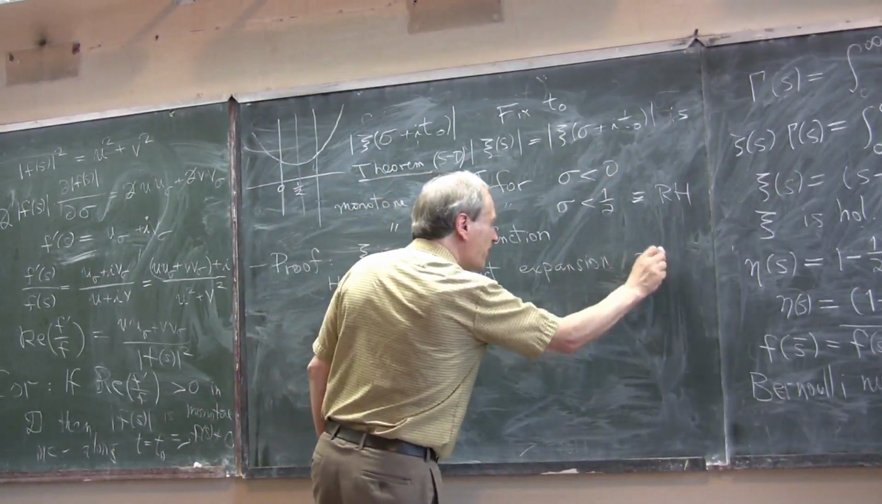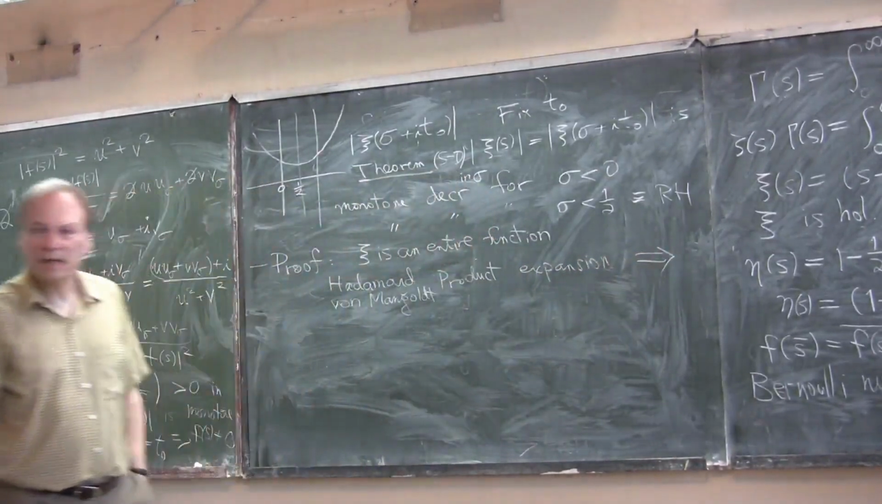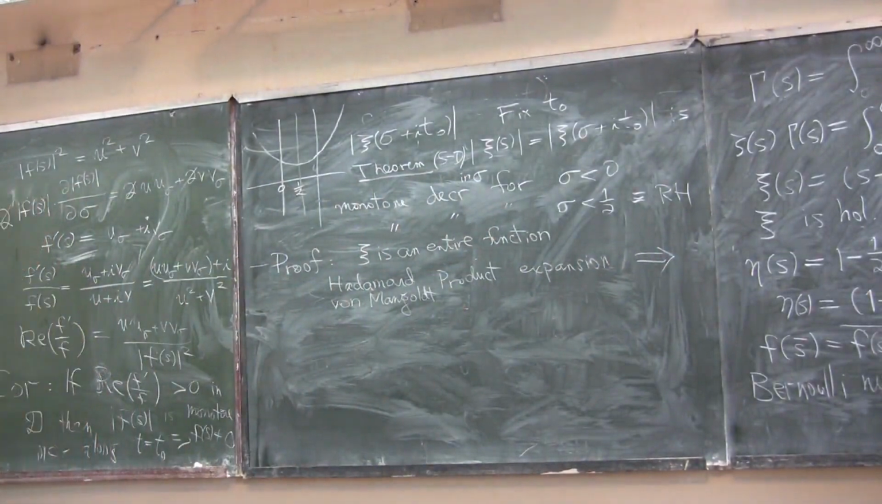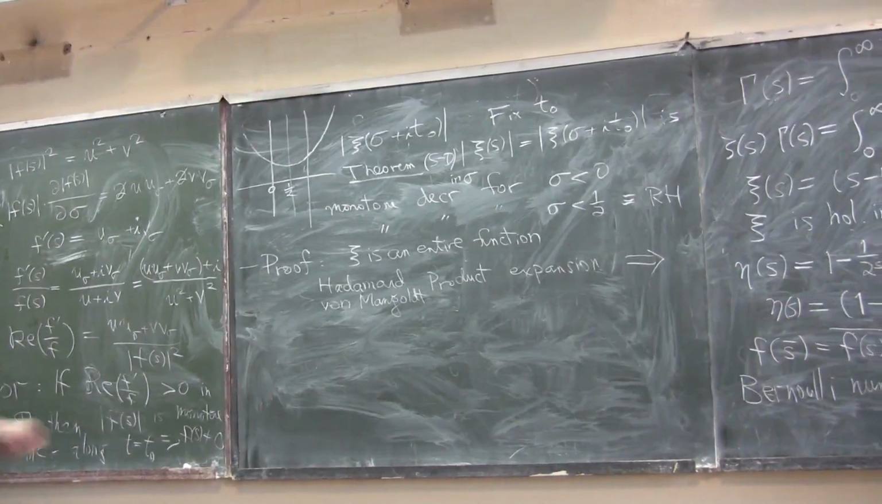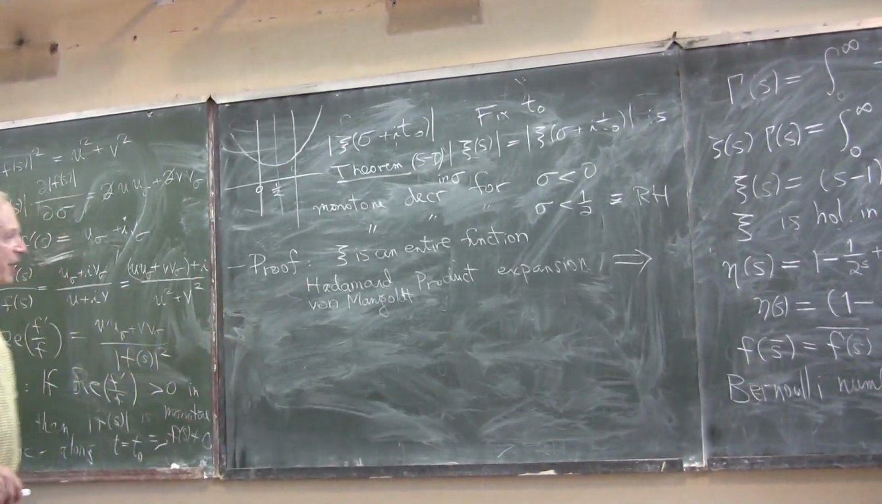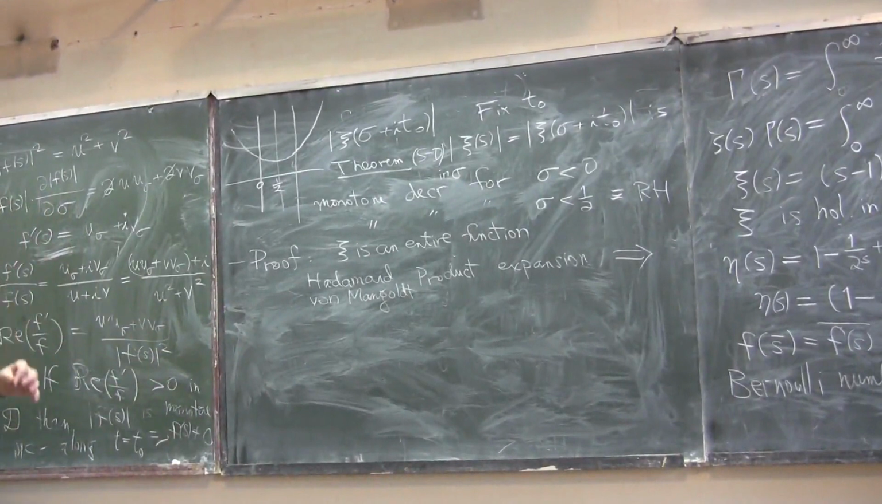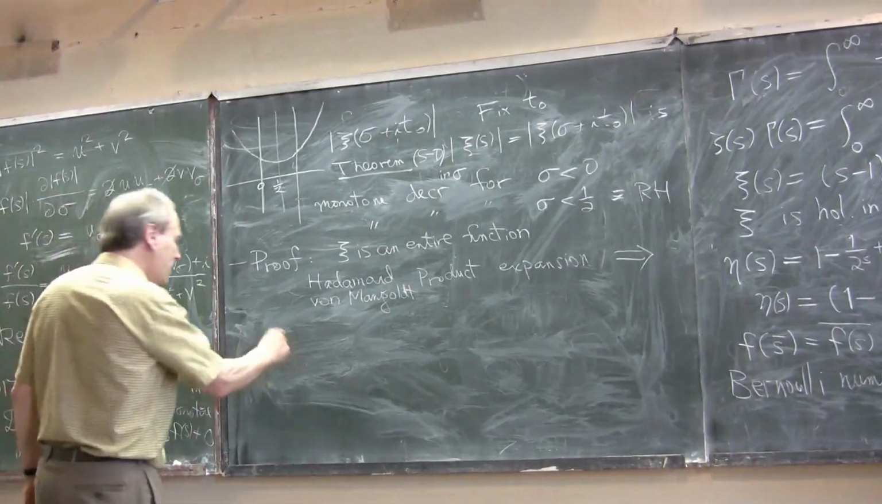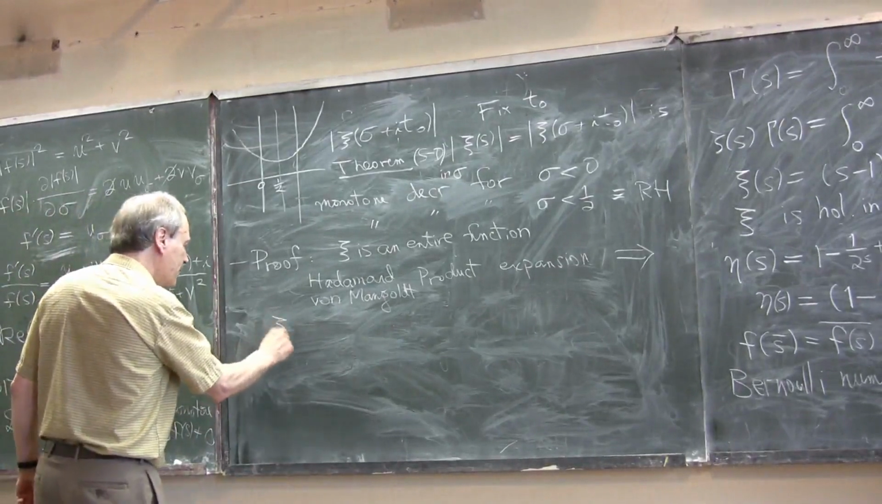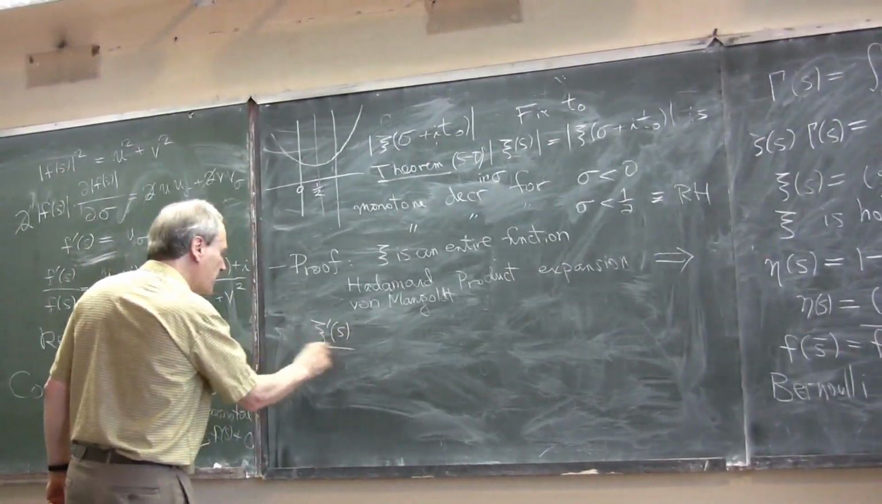So any entire function can be expanded in a very nice way as an infinite product. It depends on the zeros, this infinite product. And I won't go through all of this, but let me just show you that if you take this expansion and take its logarithmic derivative, you get a very, very simple formula. So this implies that psi prime of s over